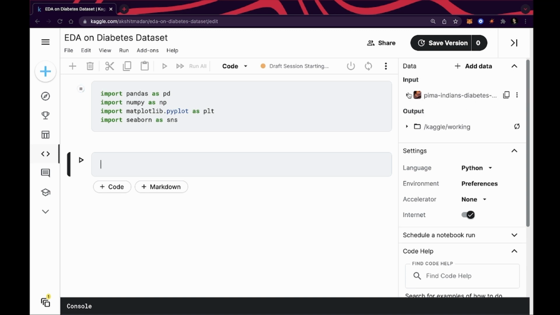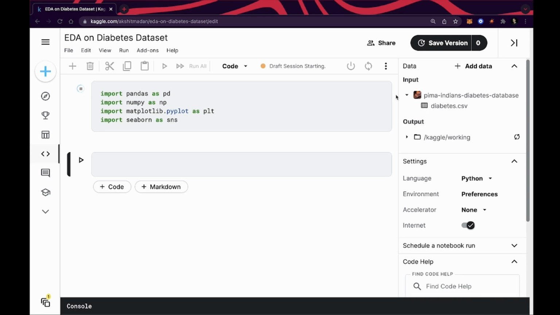And over here in the input you can see our dataset. So this is the advantage of using Kaggle. You don't need to download CSV files, you don't need to upload a CSV file. You can directly create a notebook in that dataset and your dataset will already be visible on the right hand side. So let's copy this